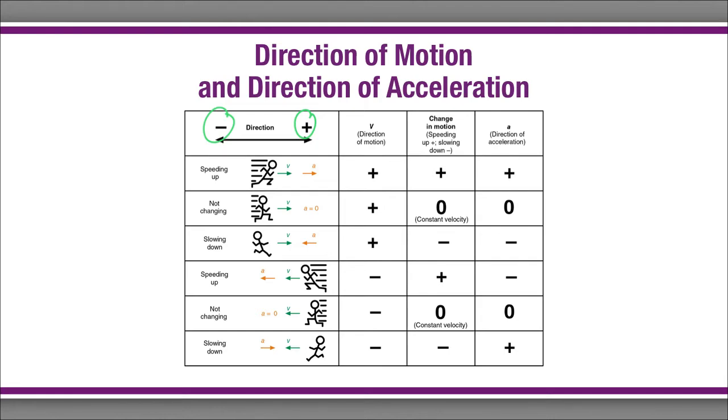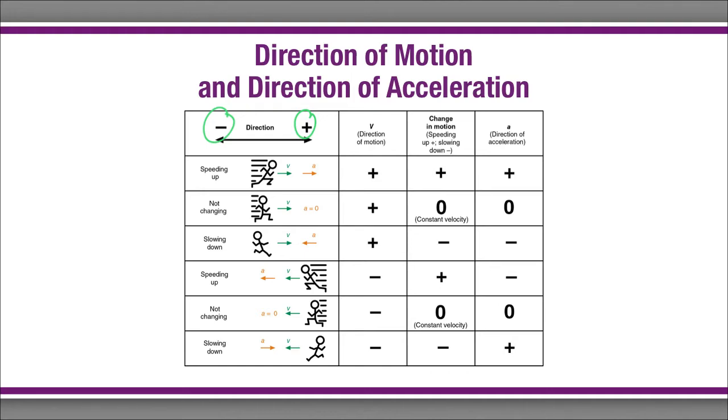Now, with acceleration, it is possible to have a negative acceleration while still moving in the same direction, meaning your velocity could be positive while your acceleration could be negative. Now, what that means is, and we'll just go through each line of this chart. If you are speeding up, okay, you are going constantly in the same direction, all right,